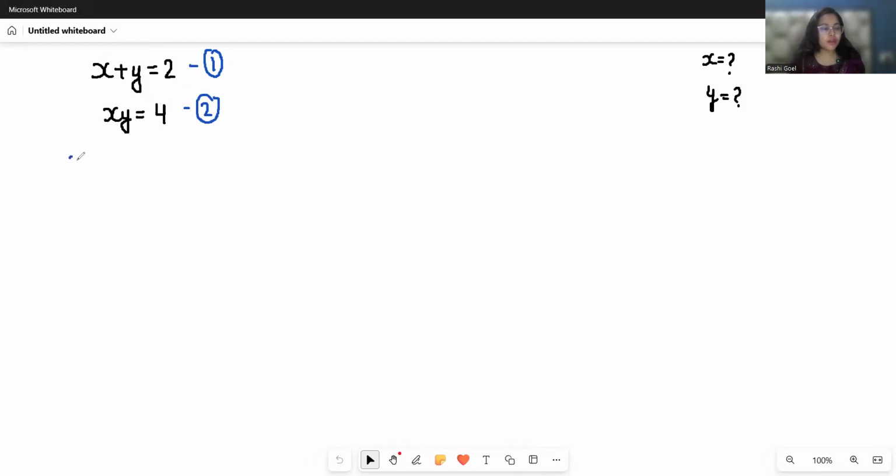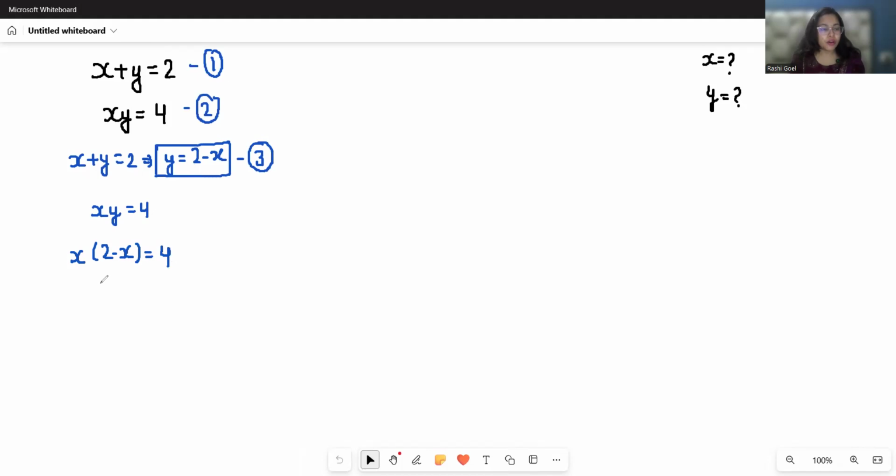Now with the help of equation number 1, x plus y equal 2, I can write y is equals to 2 minus x, put in the box and consider it as equation number 3. Now xy equal 4. So if I'll put the value of y from equation number 3 here, so it becomes x times 2 minus x equal 4. So it becomes 2x minus x square equal 4, or we can rewrite minus x square plus 2x minus 4 equals 0, or